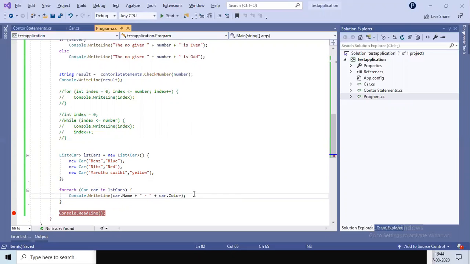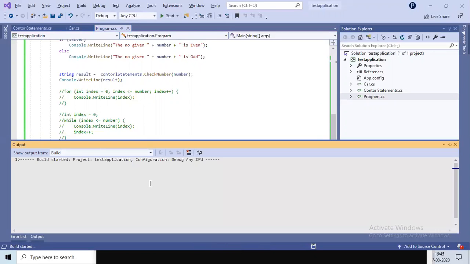So there is nothing different between real time and practice time. In real time, we'll get the data from databases. If you're just practicing on your own, we just create some static list. That's it. In real time, we will use this for each to display the data in a table format if you are using an ASP.NET application or Windows application. Let's run this example.